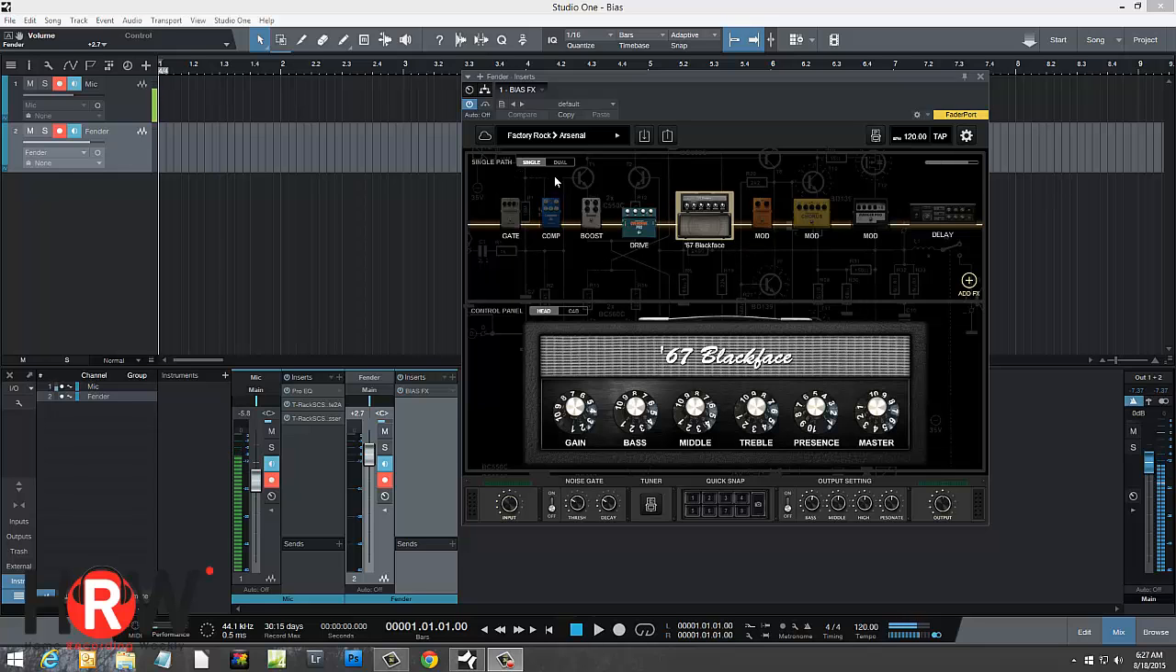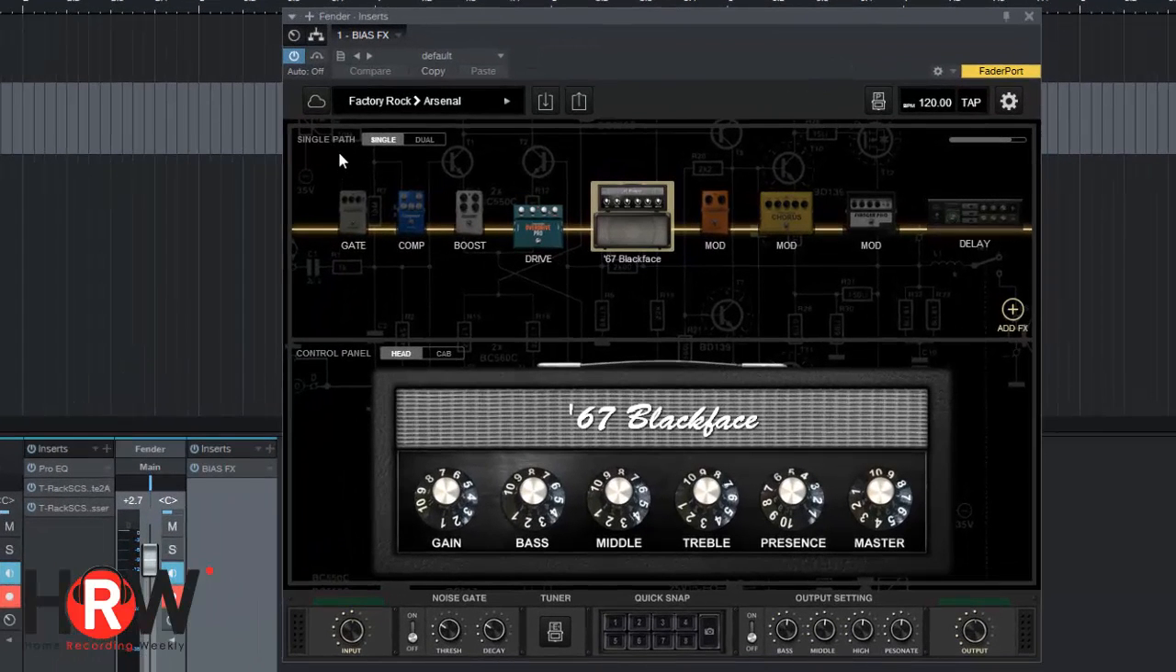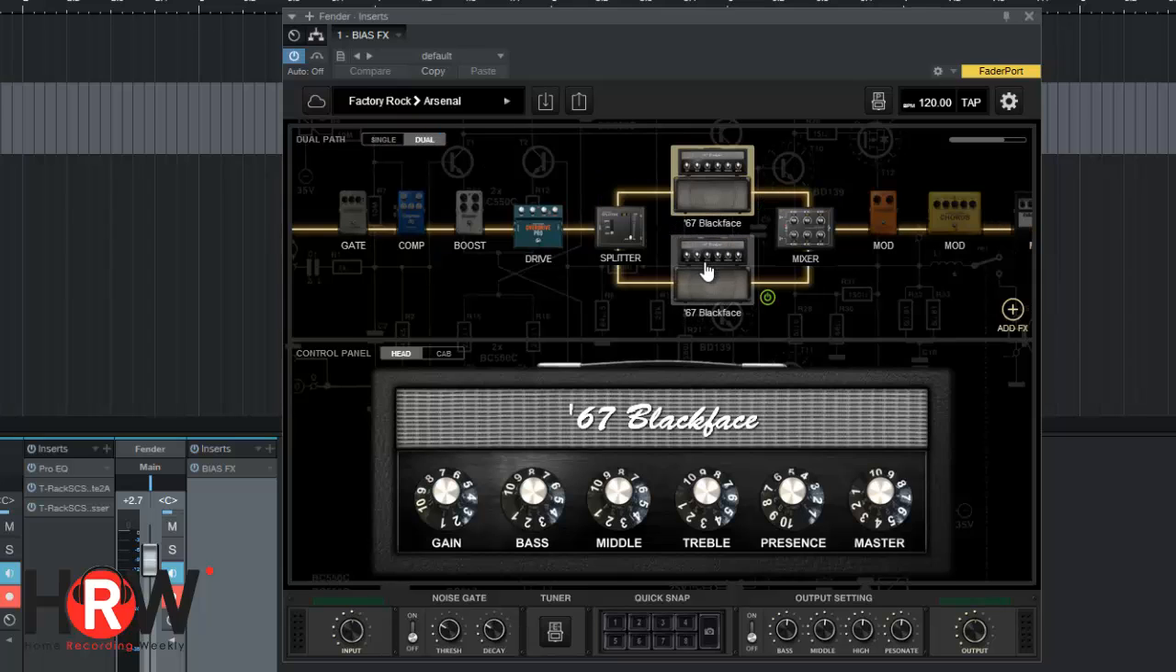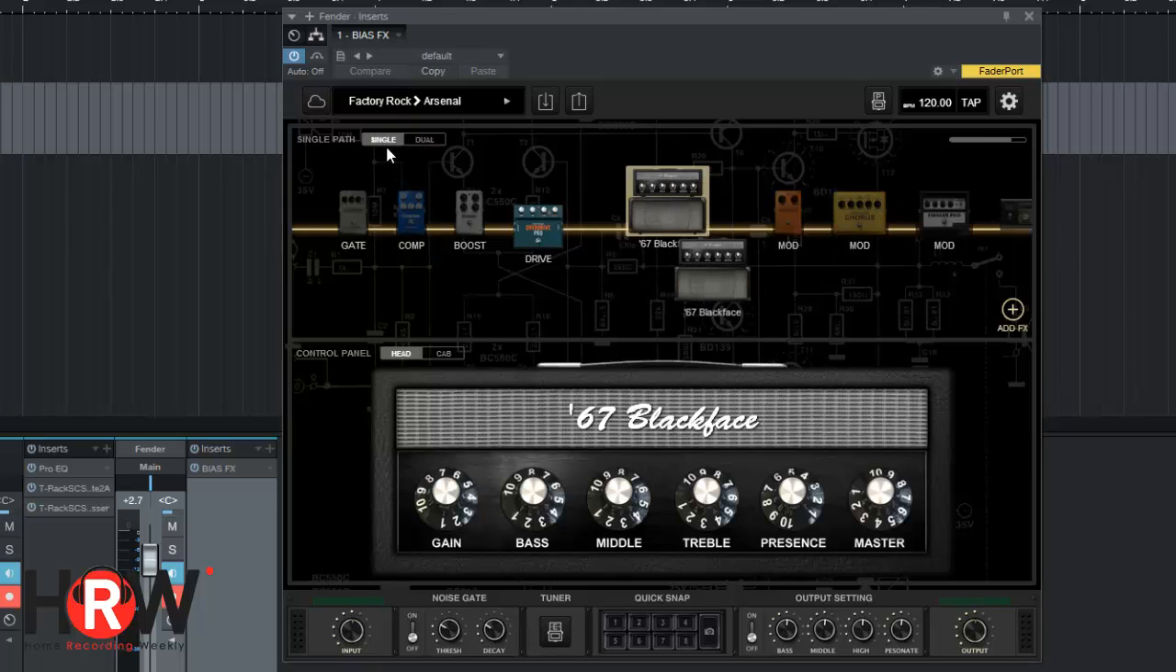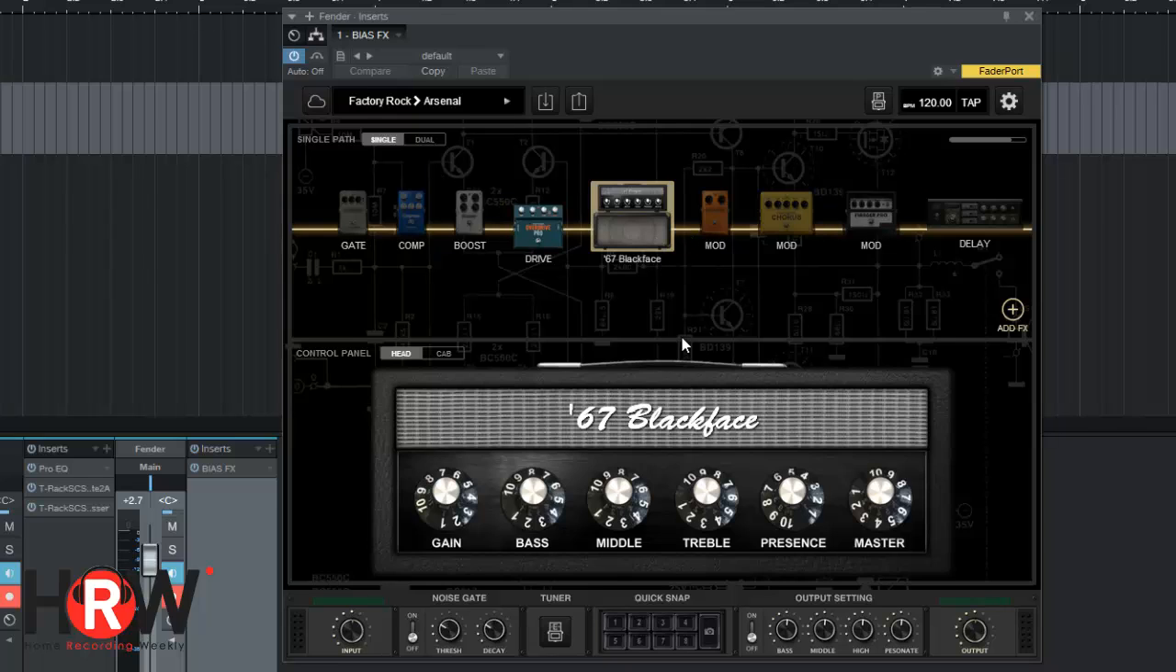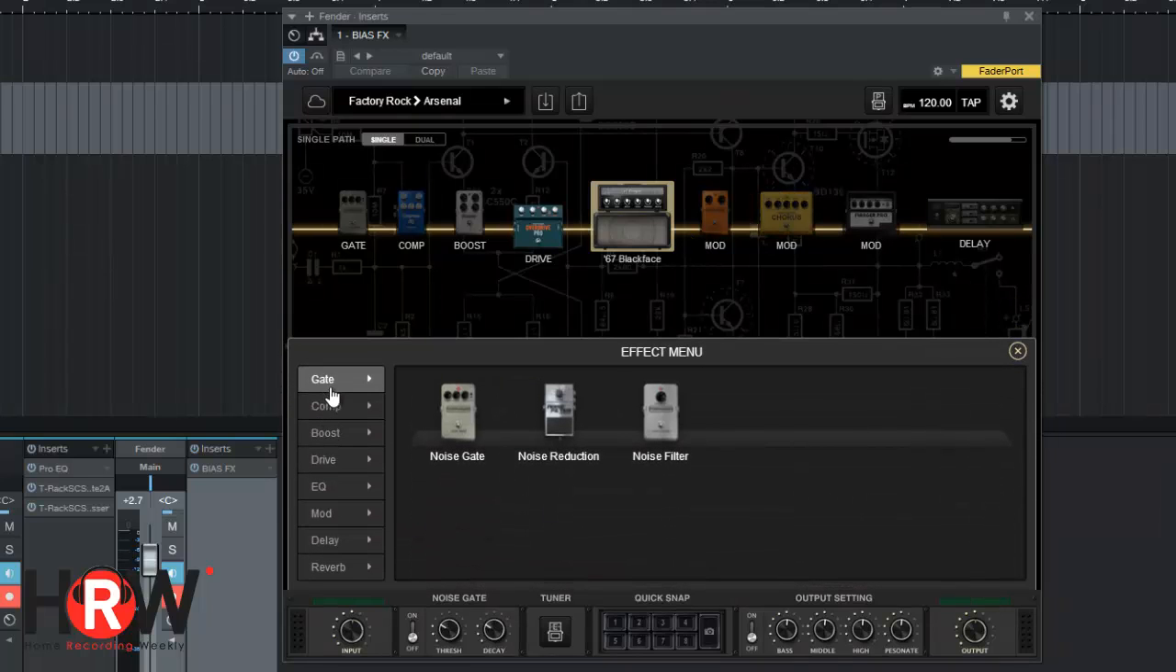So as I promised, I want to show you some of the features real quick. Up here, I have it on single path, but you can actually have dual. And on dual, you have 2 amps, a splitter, and a mixer. So you guys that like to run 2 different kinds of amps, you can definitely do that. I want to put it in single for today, just so that we can go through and hear what each amp is doing. If you want to add effects or change the effects, you just click on this button